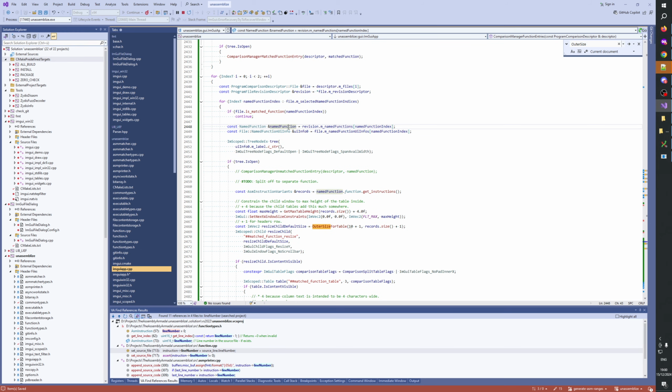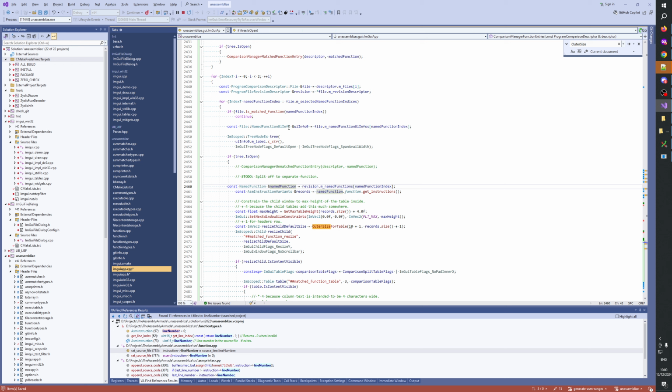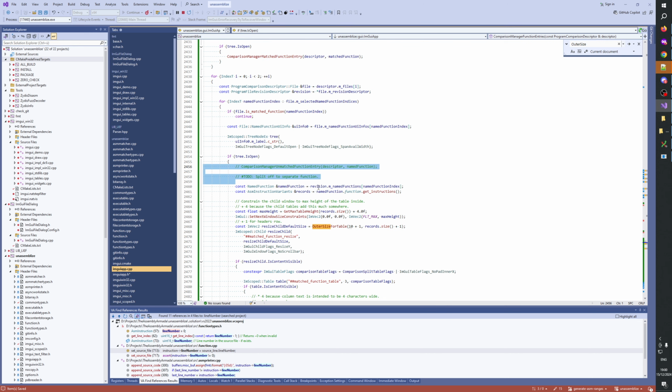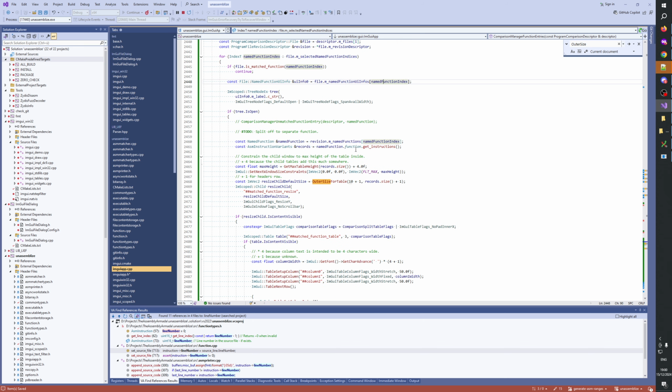This one can also be moved down here. So we have a named function,